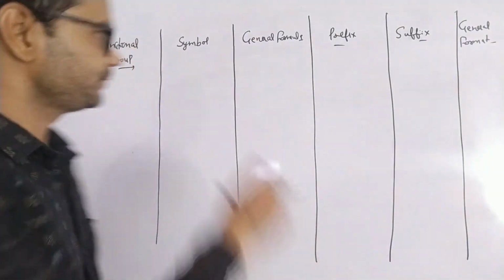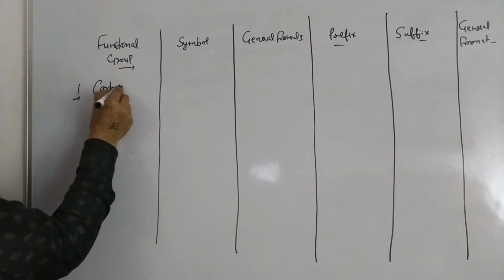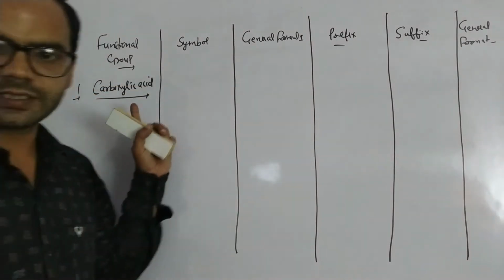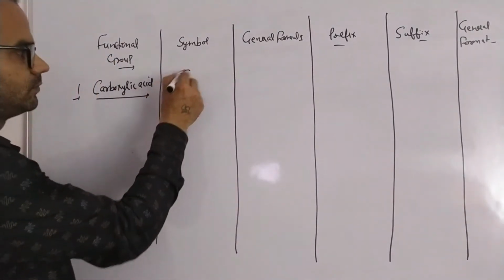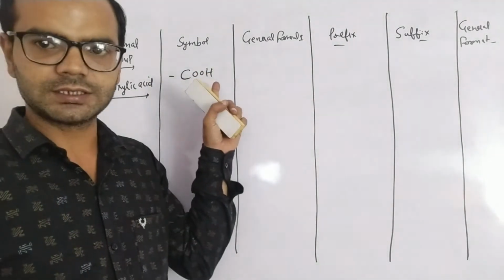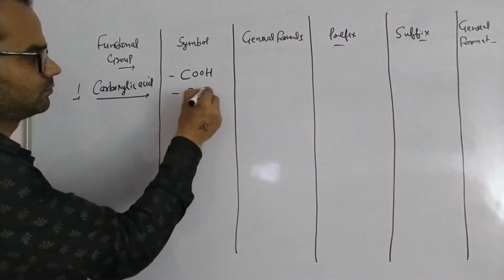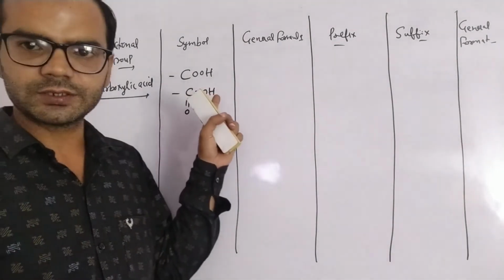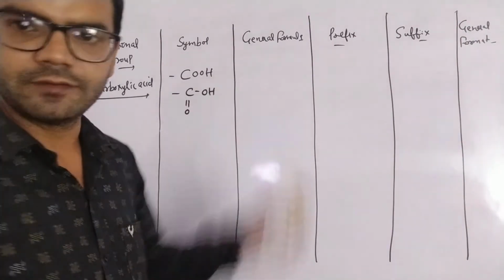First group is carboxylic acid. Its symbol is COOH. The bonding of COOH is one double bonded oxygen and one OH group. This is called carboxylic acid. Its general formula will be